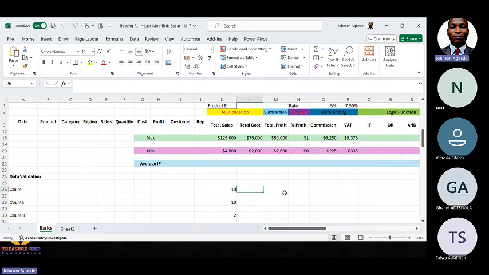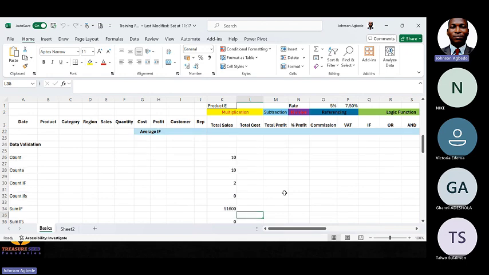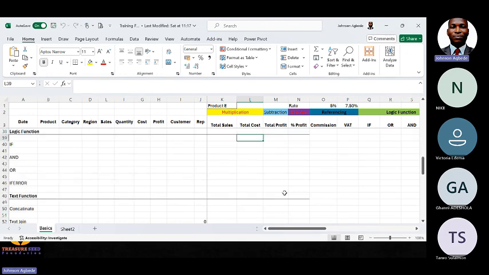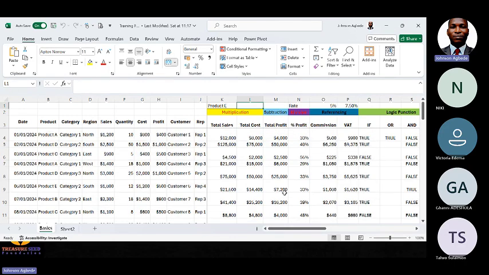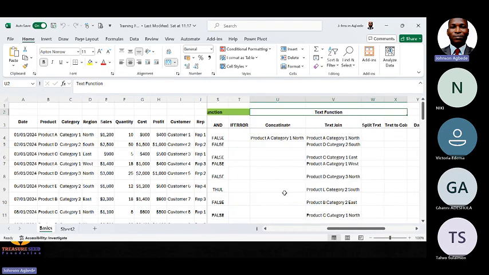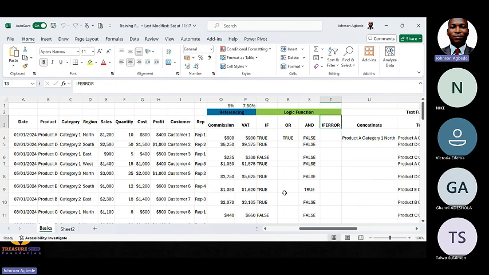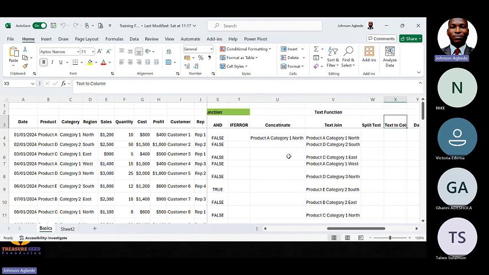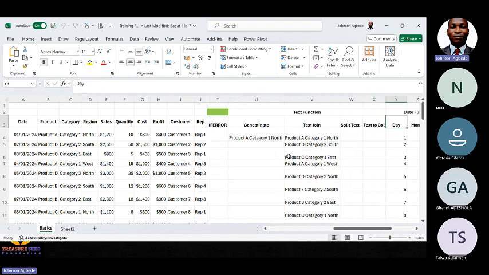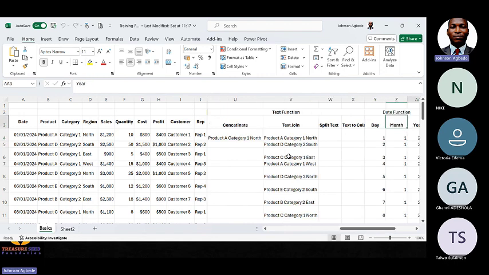Addition, subtraction, multiplication, and some other basic Excel formulas. Now, we've been able to look at some logic functions also, such as OR and IFERROR. All these things we've been able to look at and make justifications to. Then we've looked at some text functions, which have to do with CONCATENATE, TEXTJOIN, SPLIT, and TEXT TO COLUMN. Also, we looked at some date functions